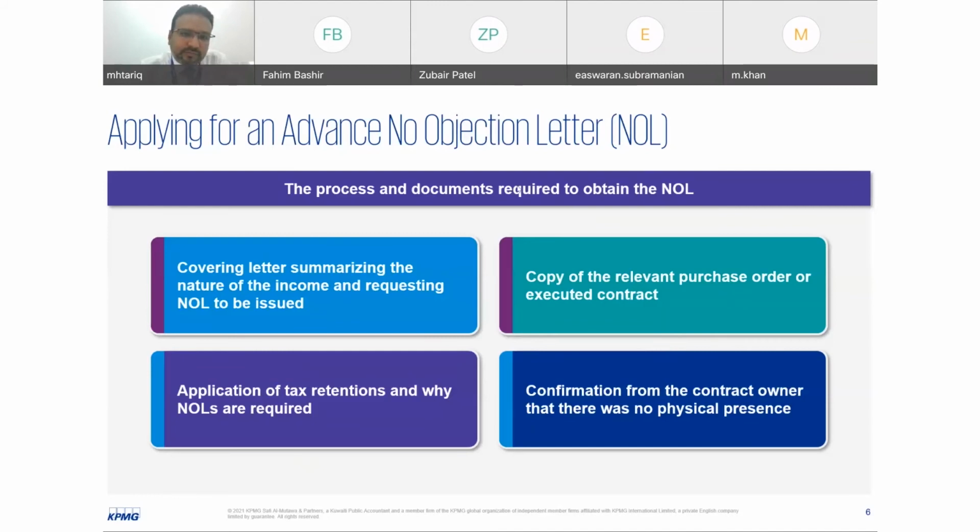Another interesting question that's come up is, with respect to tax treaties, right? So there's the argument that, look, if a tax treaty clearly provides me exemption from Kuwait tax as per my interpretation, why do I need to go through the NOL process, or why does the NOL take so long? I think this is a very interesting point within the tax law: if you believe that you are exempt under a tax treaty, actually Article 13 requires you to file a return. So there is an argument that the NOL route is actually not applicable if you're going under a tax treaty exemption basis. The NOL route, the advanced NOL route, is really only applicable where under domestic tax law, you consider